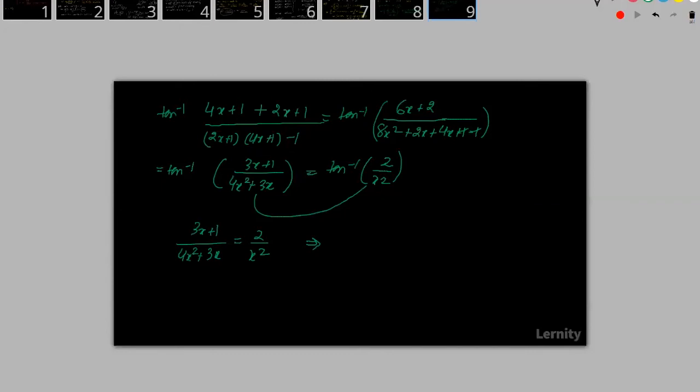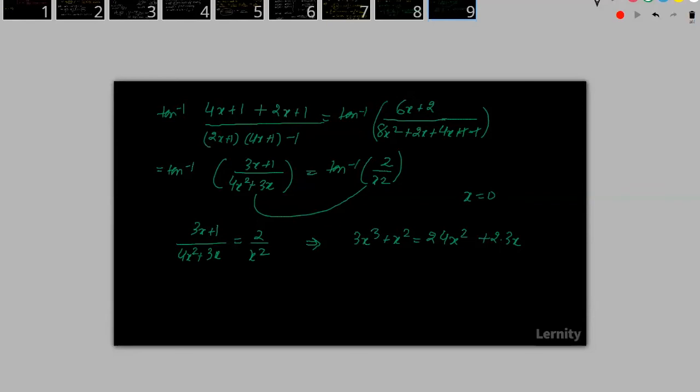So when I compare these two, what we will get? When x is common, so when I multiply this, this will become 3x cube plus x square is equal to 2 into 4x square plus 2 into 3x. So I will take this on one side. So one of the solutions is x is equal to 0, but they have asked for positive.